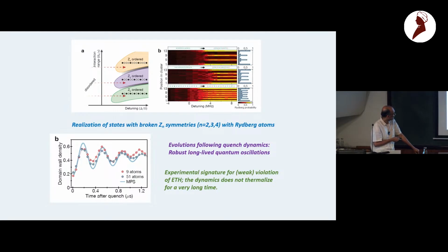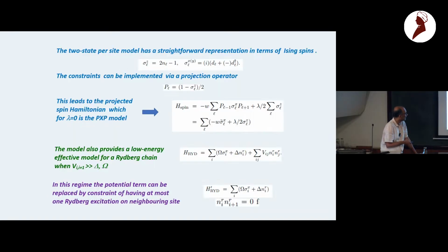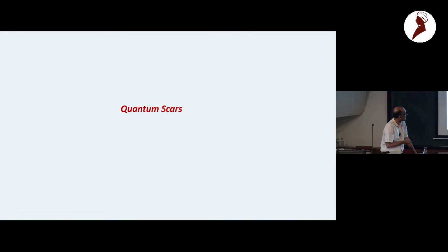But here, after a few microseconds, which is a huge time scale compared to the typical time scale of the system, you see that there are always these oscillations. These oscillations, of course, die down, but they persist for a very long time. So this is not the typical expected theoretical behavior for a non-integrable system. What you expect is that the system is certainly going to go to a steady state value within the first few, maybe tens of nanoseconds or something like that. That doesn't happen. So people tried to understand why this thing happens.